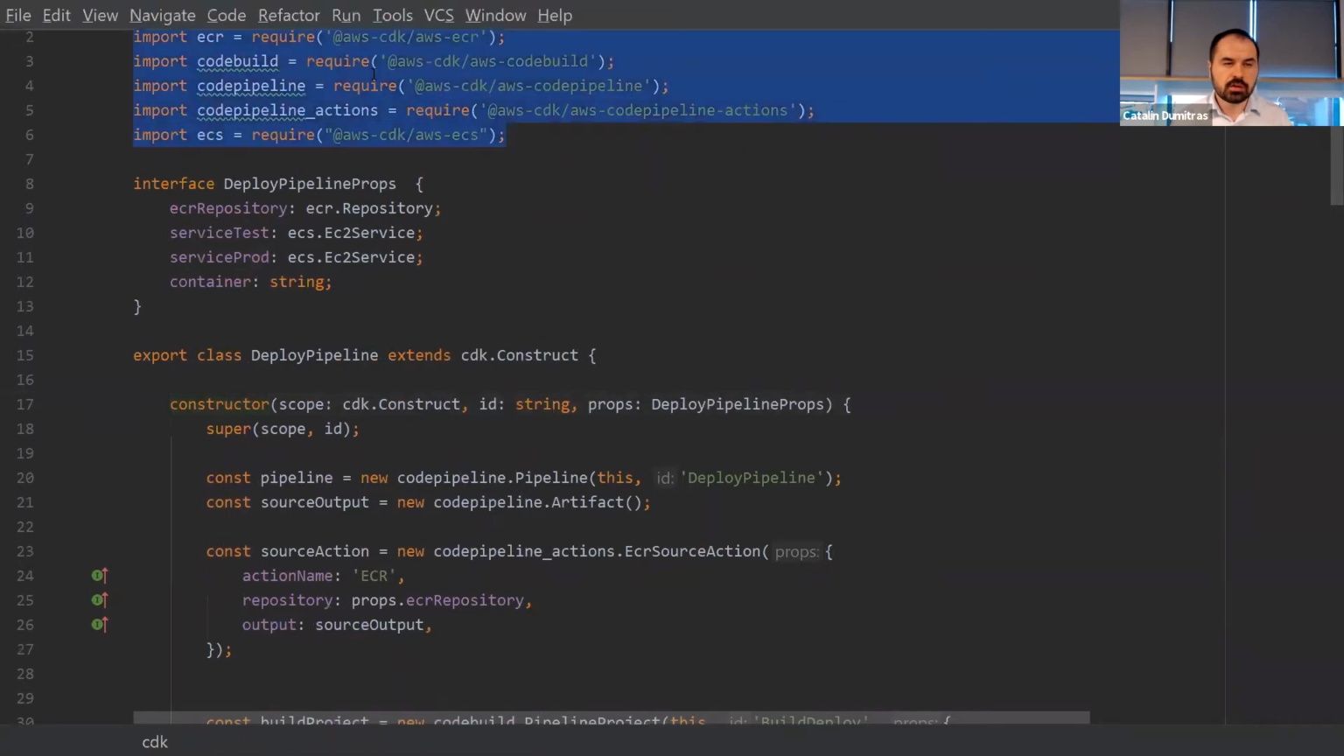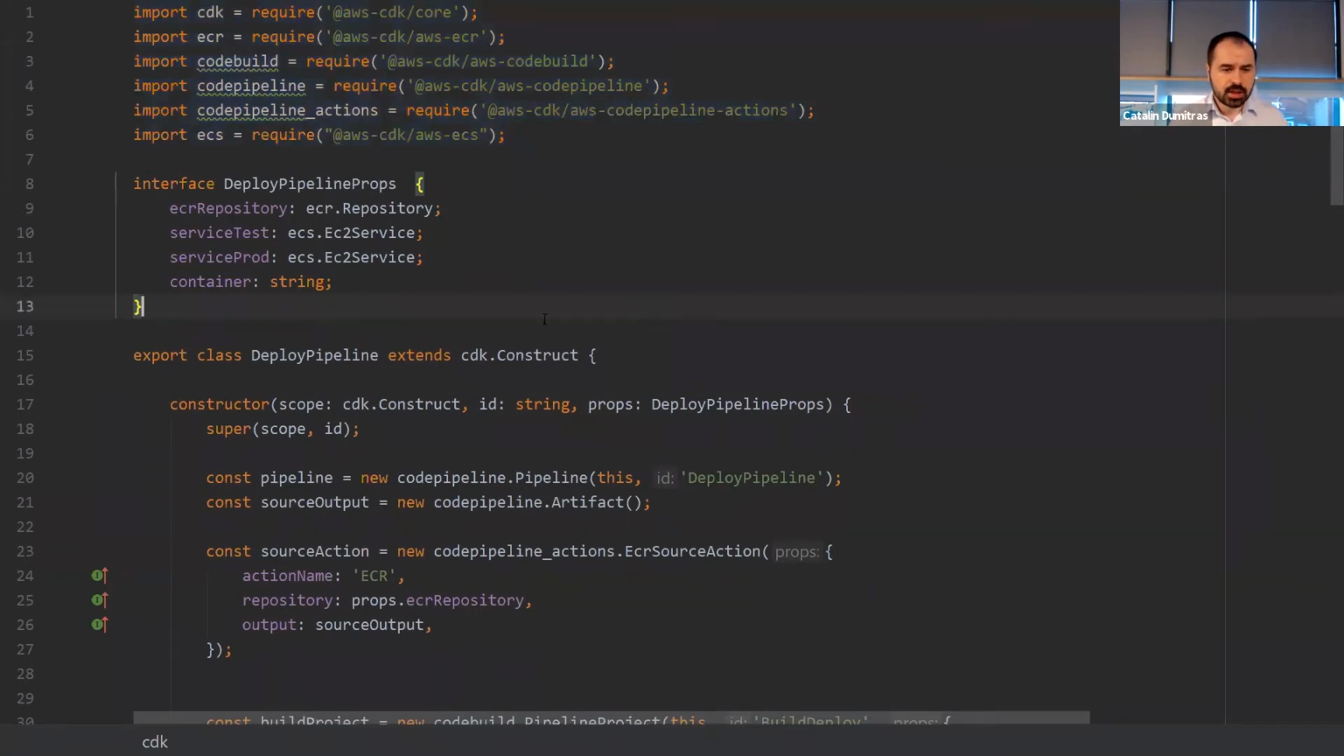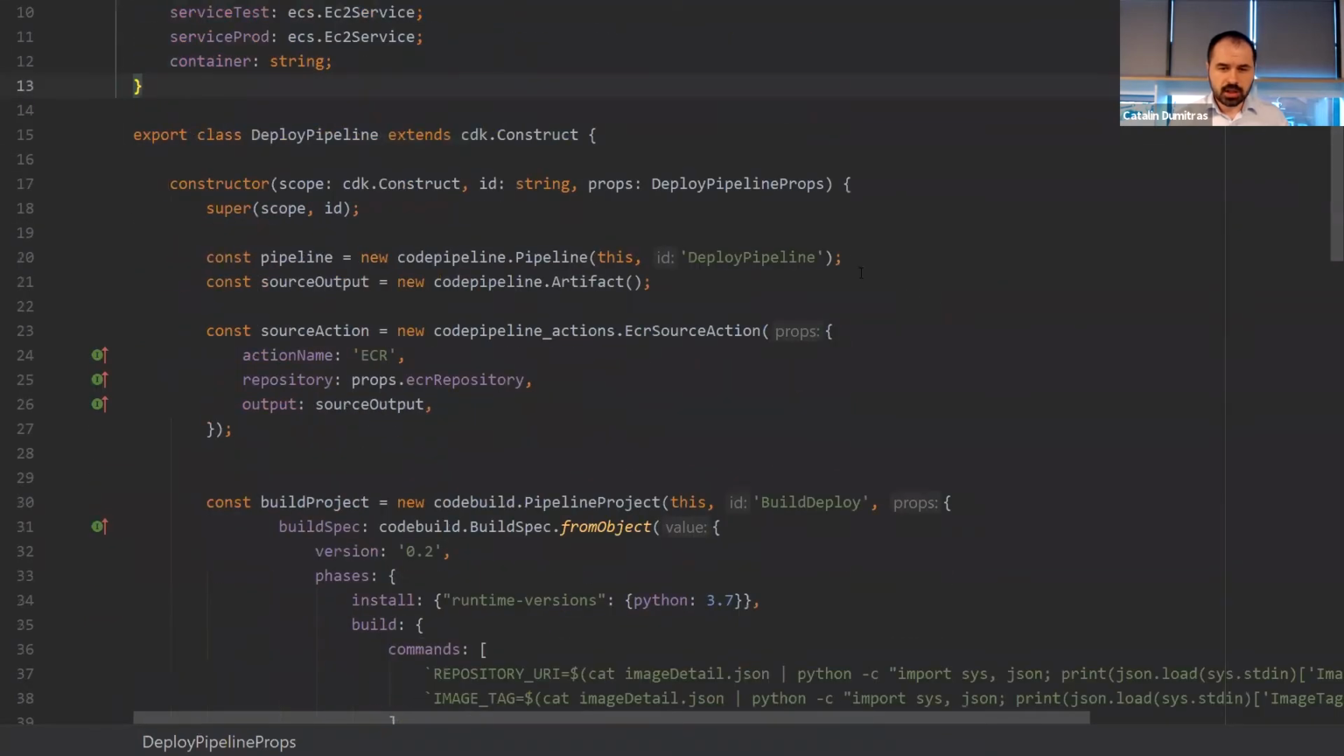I haven't spent a lot of time discussing these import statements up top. All of these imports over here are basically the level 1 and level 2 constructs from the CDK, right? And we are reusing that and building upon that, abstracting even further. And we have our code pipeline. We have our source action, which in this case is no longer a Git repository. It is